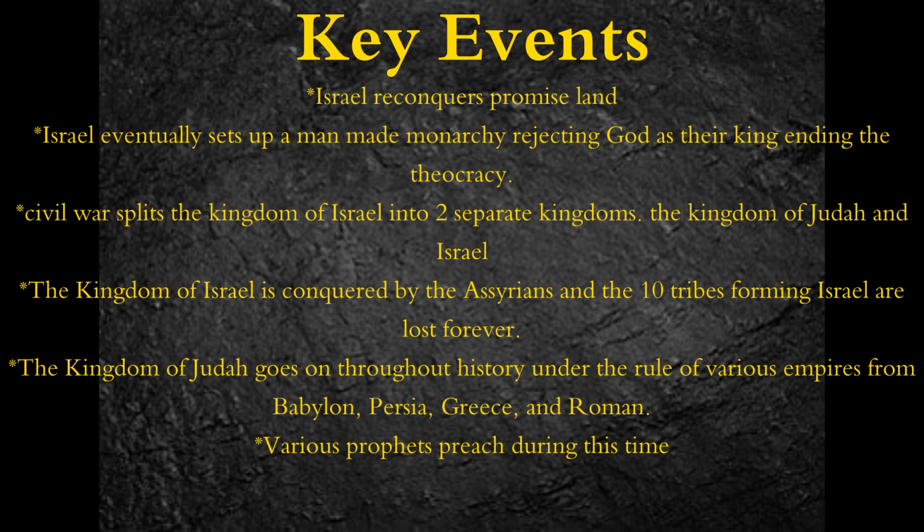Like I said, it covers the Old Testament into the New, so here are some of the key points and highlights. Israel reconquers the Promised Land. Israel eventually sets up a man-made monarchy, rejecting God as their king and ending the theocracy. Civil war splits the kingdom of Israel into 2 separate kingdoms, known as the Kingdom of Judah and the Kingdom of Israel. The Kingdom of Israel is conquered by the Assyrians, and the 10 tribes forming that kingdom are